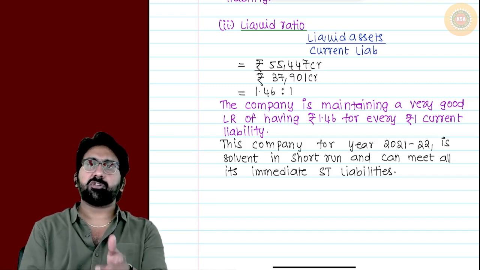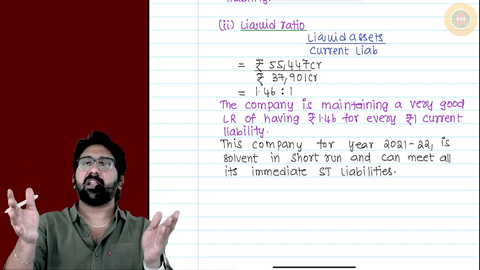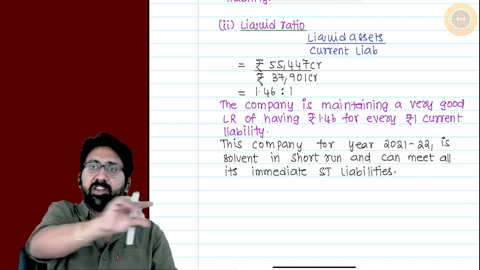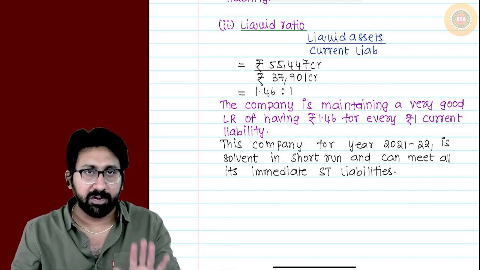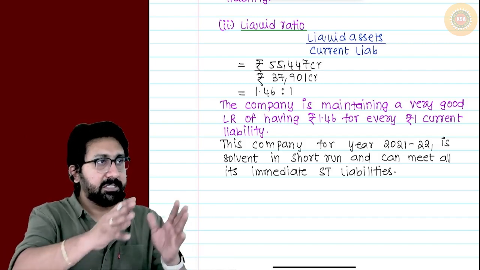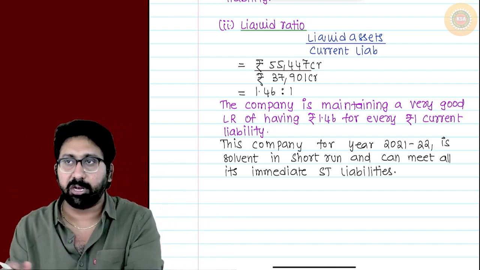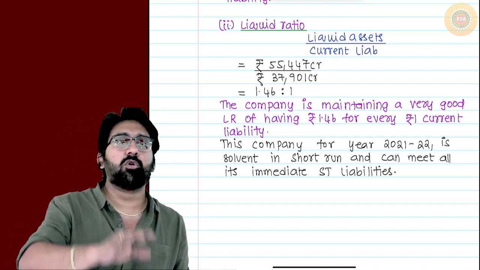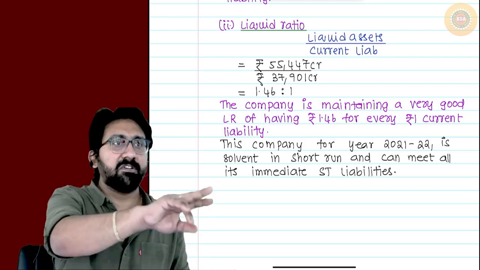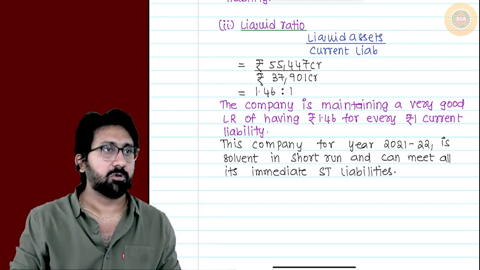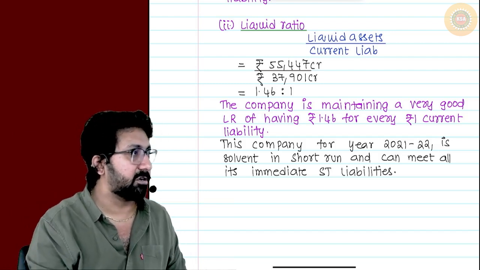From the next ratio onwards, this much detailed analysis is not required. We will make a table for 21-22 and 22-23. Finally, we will write a comment. Liquid ratios I am more concerned about. Remaining ratios we need not analyze this much. Overall analysis we will make and we will go to the next ratio. But liquid ratios are the most important ratios, because they decide whether the company will continue or not. Therefore, we have to thoroughly analyze current ratio and liquid ratio.